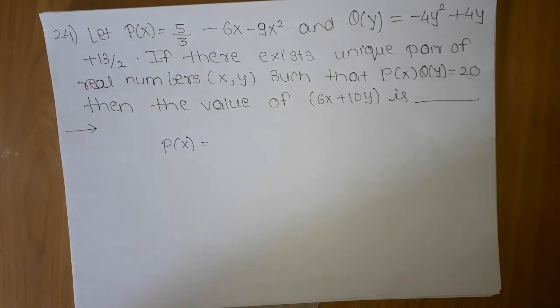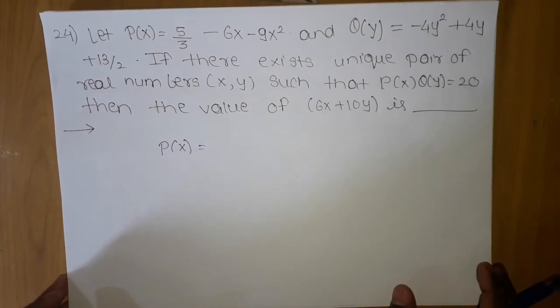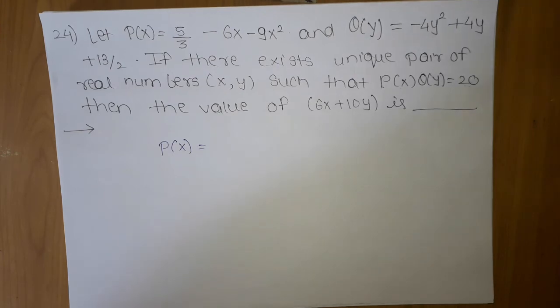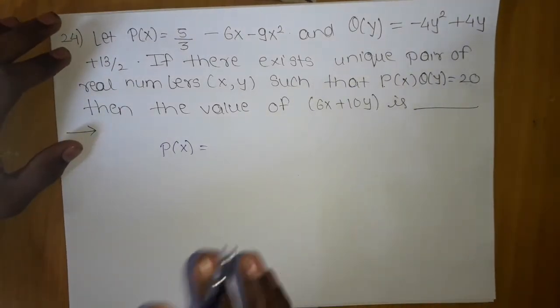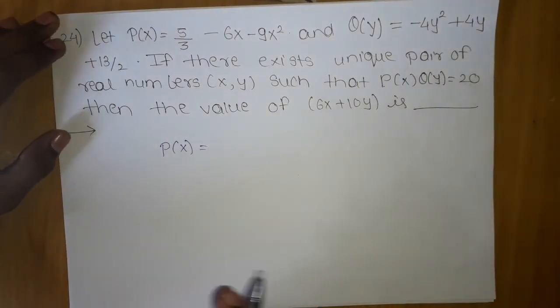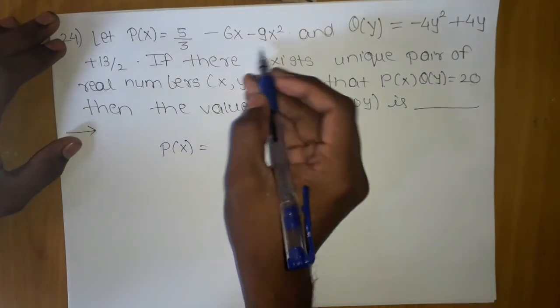Other than that, the other way means calculus, which we have not studied, so there is no point in thinking in that direction. Although you can think using that also, since I have not taught that, I will not use calculus here. When we have completed the calculus syllabus, we will see whether we can use it. So here we will go with the maximum minimum value concept. Let me create a perfect square.